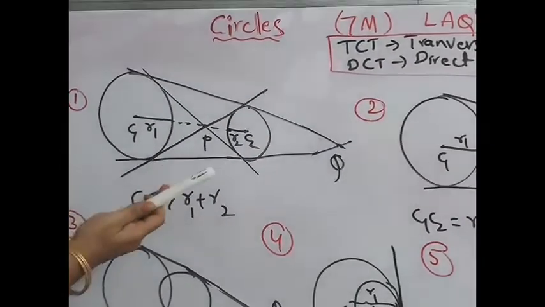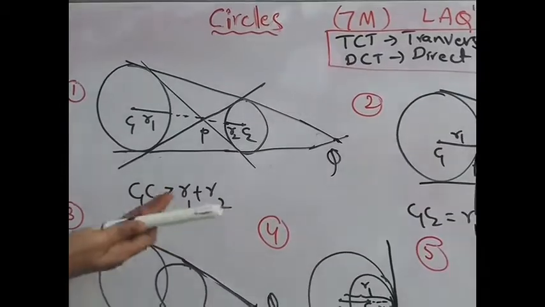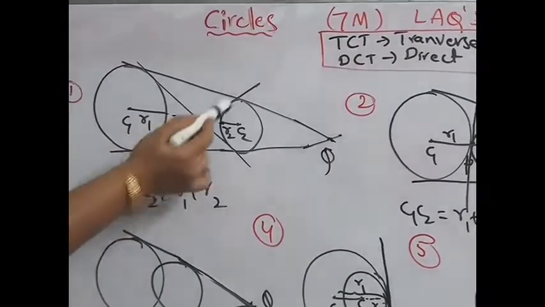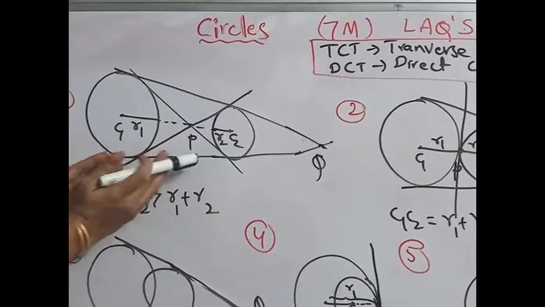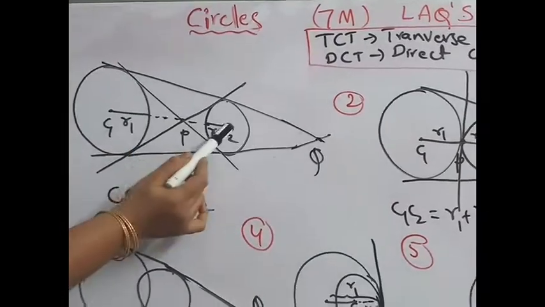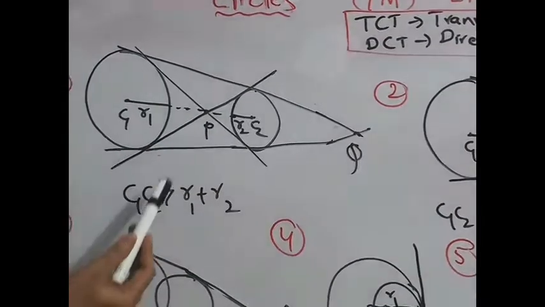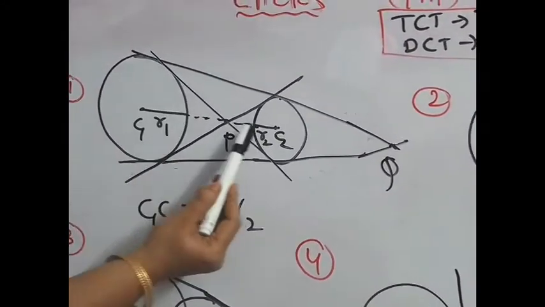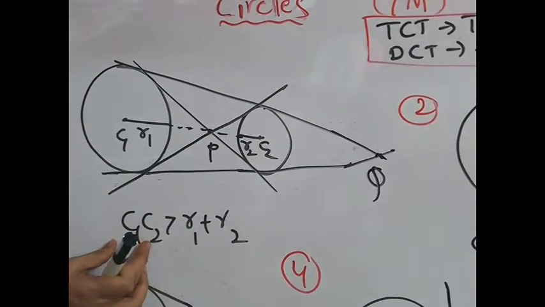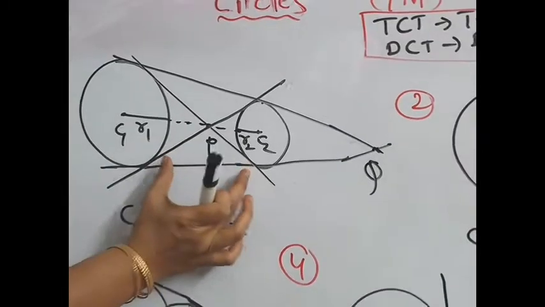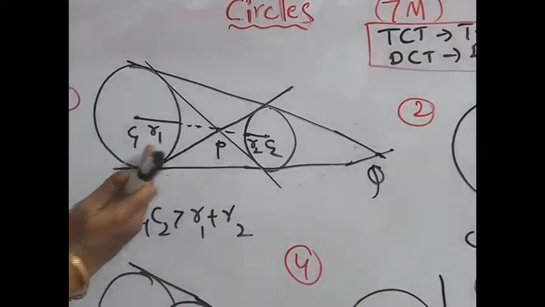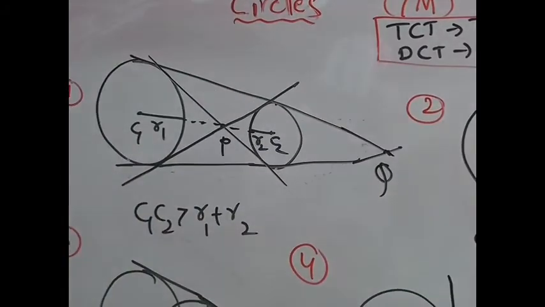So in different conditions, what are the common tangents? Let us see. Suppose these two circles are like this, that means one does not intersect the other. Then in this case, the distance C1C2 must be greater than R1 plus R2, because this is R1, this is R2. Obviously, this addition is smaller than C1C2. That is, C1C2 is greater than R1 plus R2. Then what is the relative position of two circles? Two circles do not intersect each other.